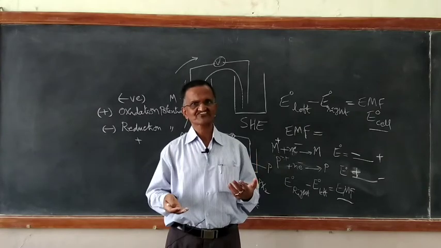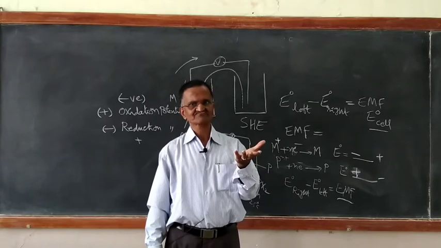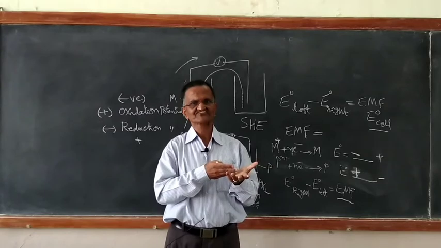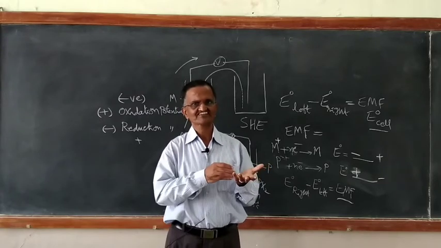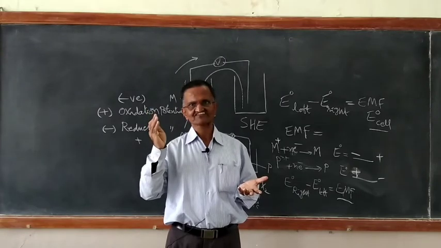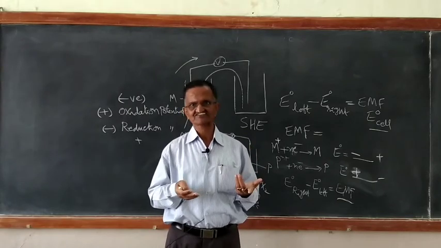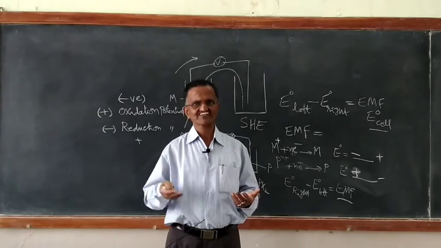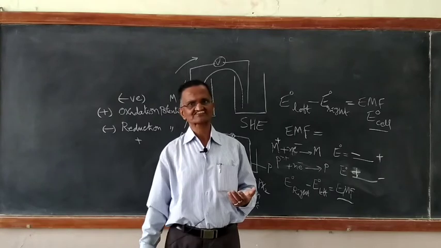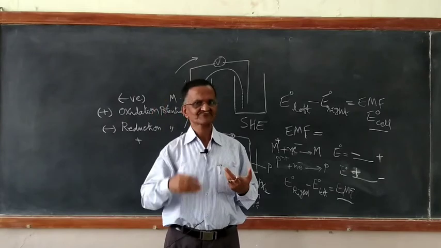Right? Where we make use of it? Suppose copper is present in copper sulfate. I want copper, and I know copper is less electropositive than iron. If you put iron in that, copper will come out. Why? Iron is more electropositive than copper. But if you put copper in iron sulfate, reaction will not take place. So if somebody asks why a displacement reaction takes place if I put iron in copper sulfate but not reverse, then we were talking about iron being more electropositive, or that activity series of metals helps.